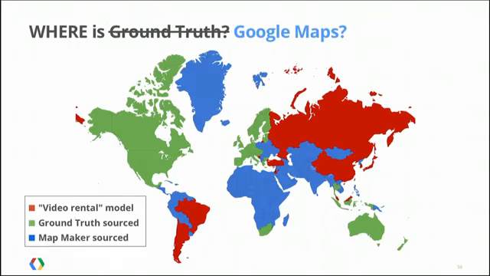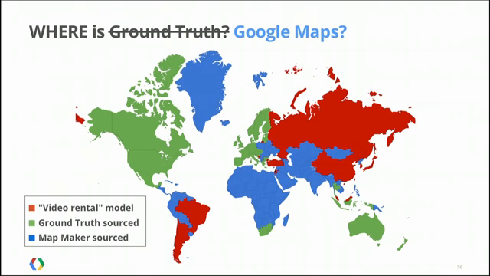So all of that amounts to a map of the world, and where is Google Maps at this point? We've talked a lot about ground truth, we've talked a little bit about MapMaker, but basically this is the present picture, and this was presented in the keynote this morning as well. Google has, as of recently, 200 countries mapped around the world. We finally got North Korea mapped.